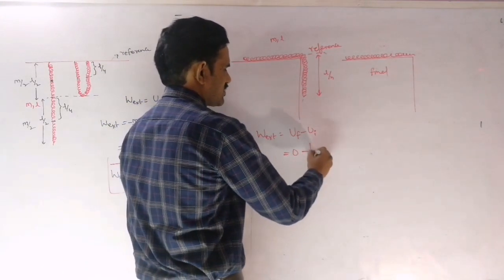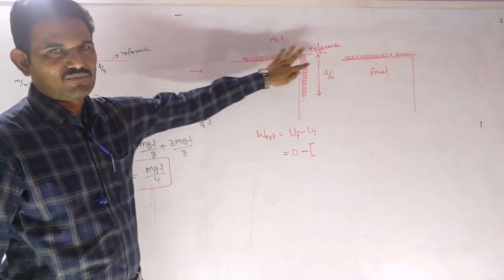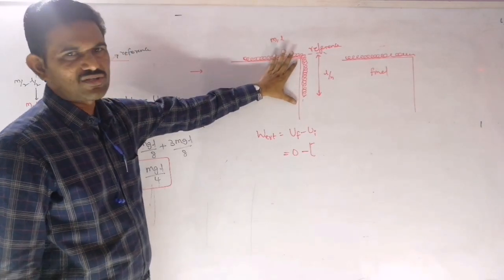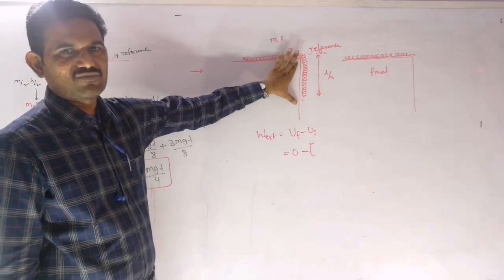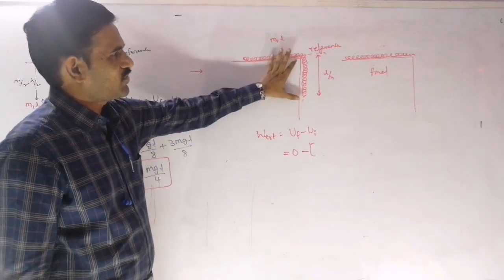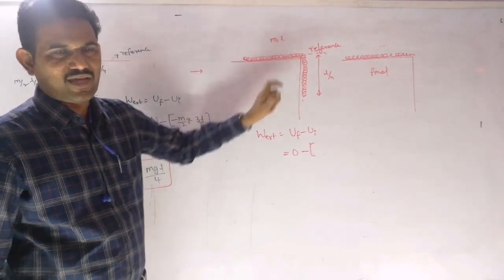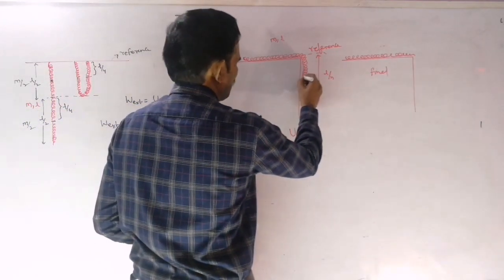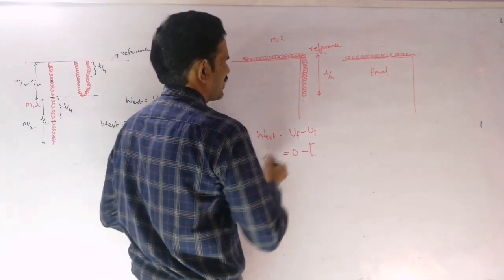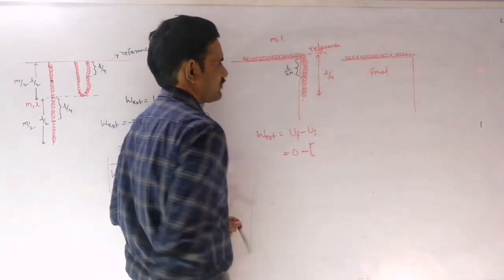Next, the initial potential energy, now we need to write. The initial potential energy of this part of the chain is again 0 because this part is already on the table. Only for this hanging part there will be some initial potential energy, and that potential energy will be negative because it is below the reference level. To write the potential energy of this part, we need to consider the center of that hanging part. The center of this hanging part will be at a distance of L by 2n, half of this length. So this length we can consider as L by 2n, right?